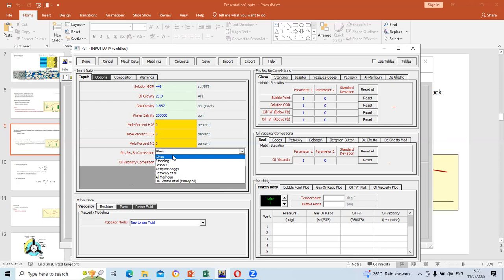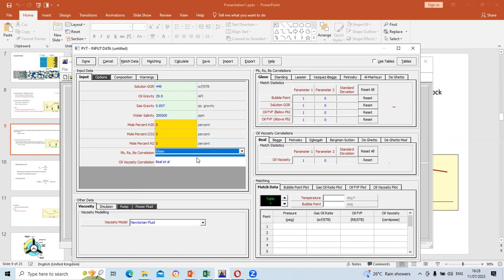That's where that correlation is most appropriate. So you have to check all those conditions at the beginning so that you know exactly which correlation you have to use. But the problem now is we have to always do a matching to see which correlation is the best for this particular data that we have, because they may have carried out some